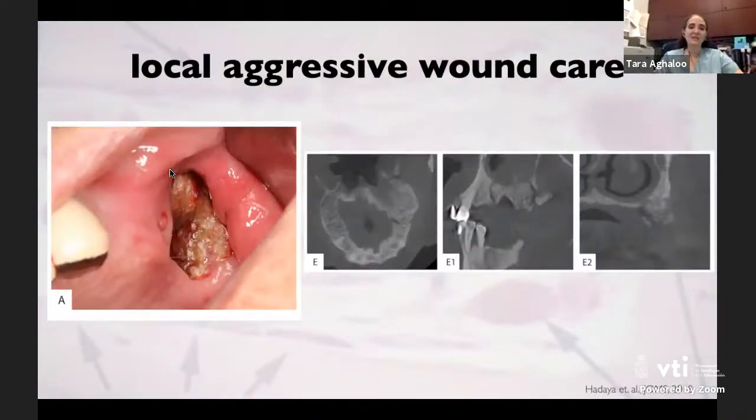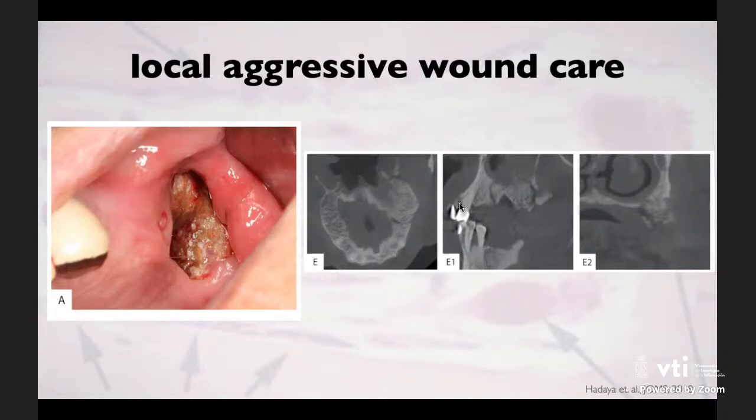You can see here, this is a patient that has stage 3 ONJ, and this is that dreaded posterior maxillary area. So if I were to go in surgically and remove all of this bone, we would have a pretty significant